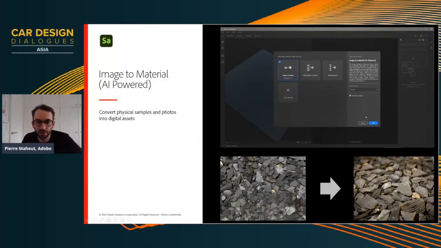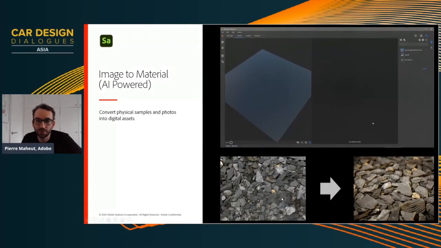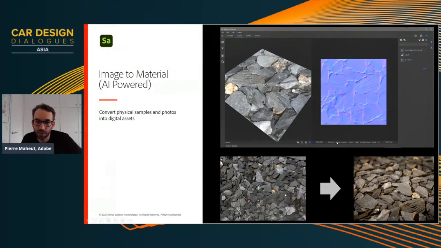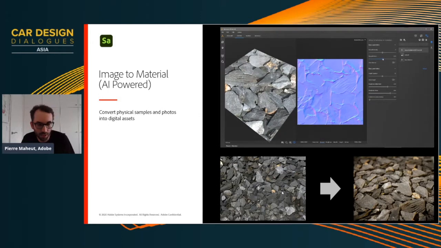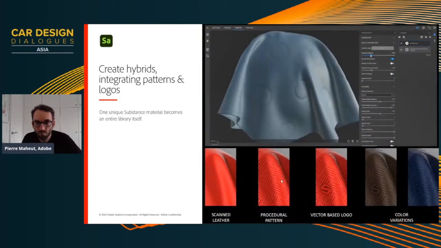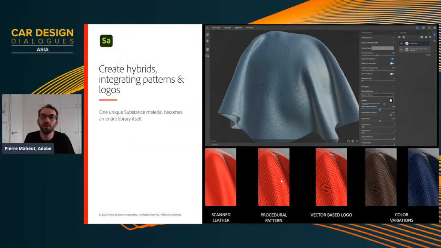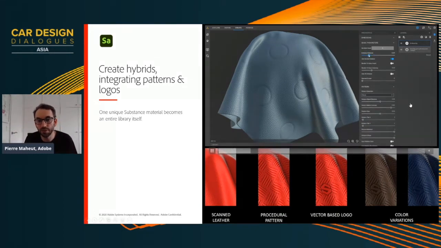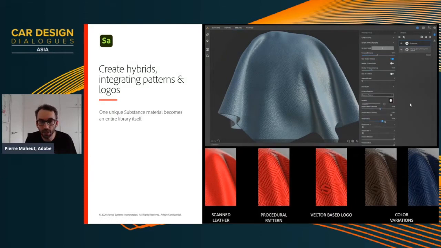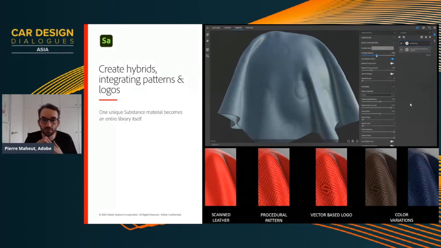So here's another example for grounds where we just drag and drop the image and generate the different maps directly out of this artificial intelligence feature. Also, if you want to add details, here are numbers. You just drag and drop a numbers filter in the layer stack, customize the inputs, and you are able to generate those. It used to take a while to do back in the day. We streamlined everything and we made it super simple.